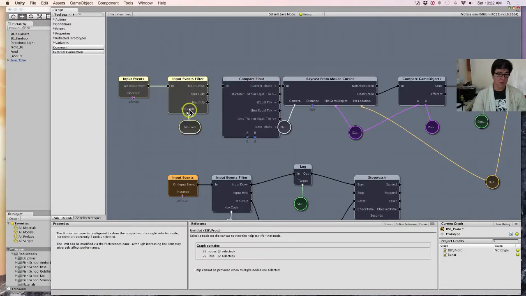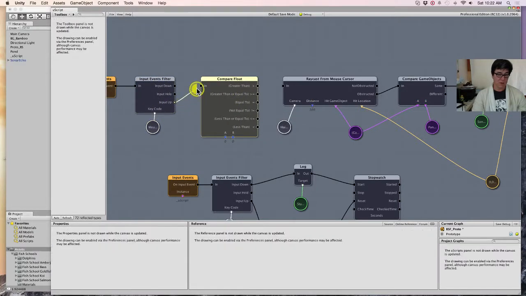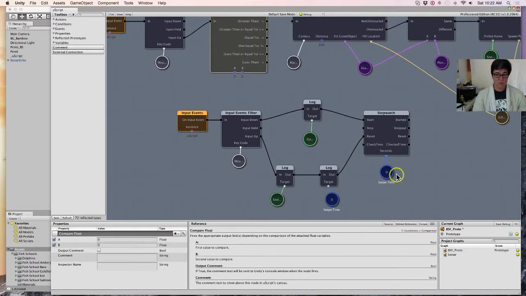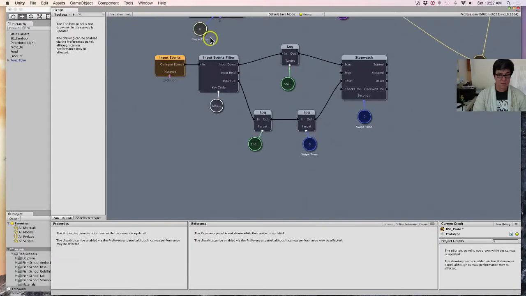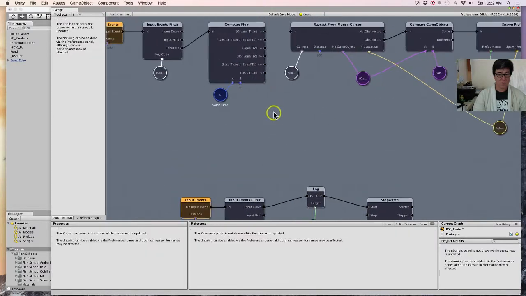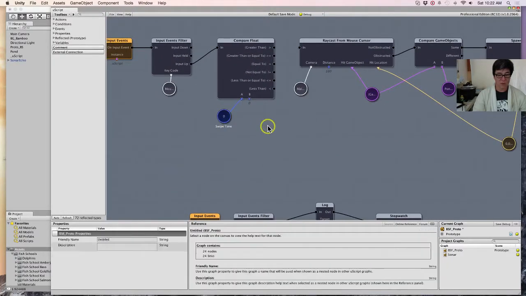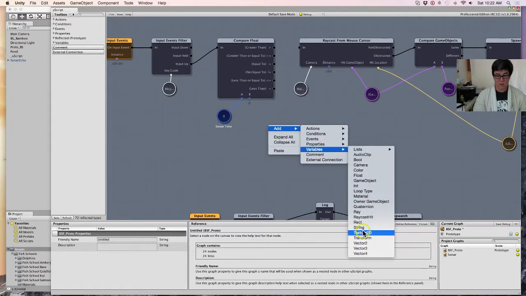What we're going to do is say if on input held swipe time is less than, I'm going to make myself some room here. Let's get some work room. If swipe time is less than, and variables,